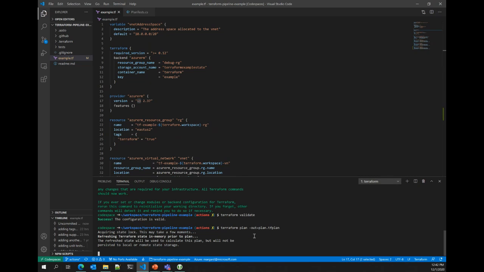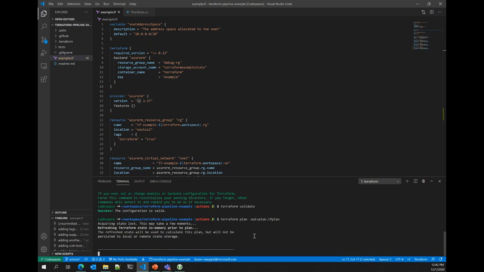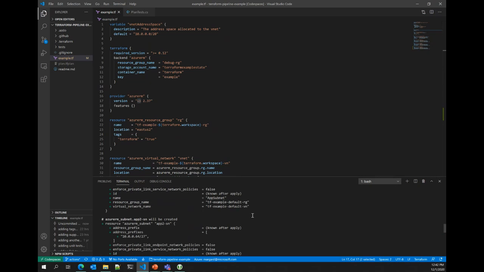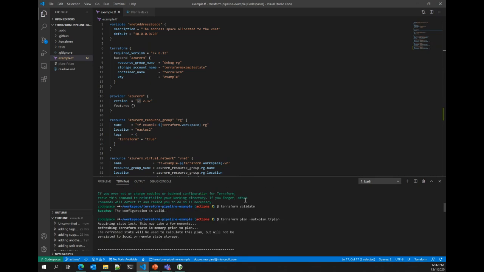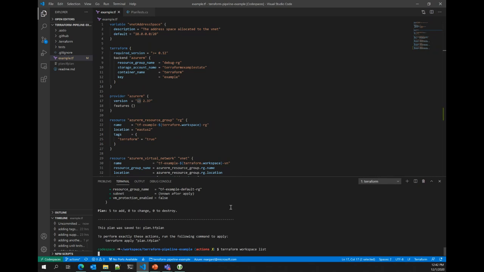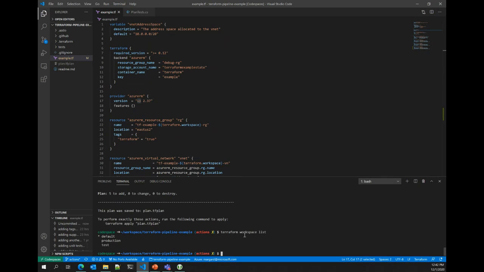All right, so we're generating a plan. So what's happening now? Terraform is going out. It's taking the definition that I've created, comparing that against the defined infrastructure, and then it's going to give me a delta of the changes that it intends to make to that infrastructure. And it's also worth pointing out, I mentioned the workspace concept. I just ran this against my default workspace, which is my development workspace. You'll also see that there are test and production workspaces out there.